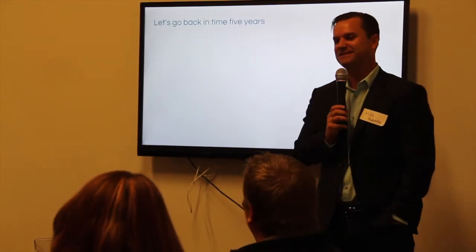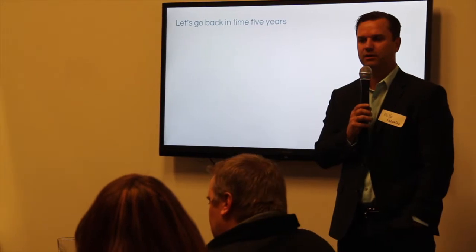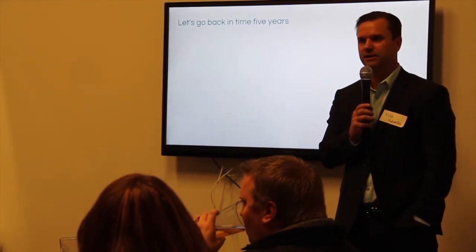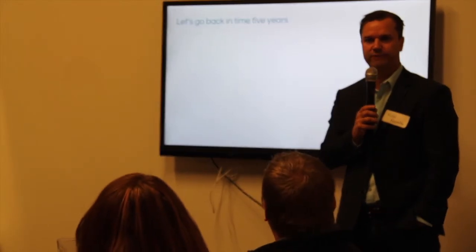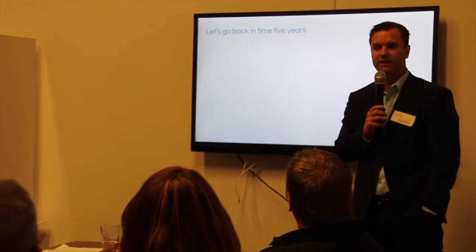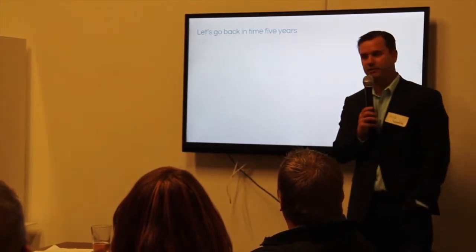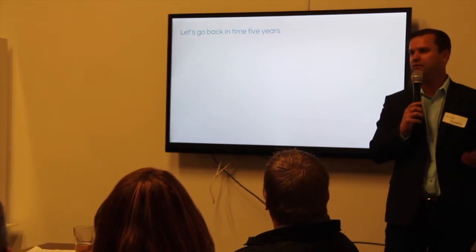I know. So, pre-5 years ago, right, there were a couple ways to access inventory on the internet. One was just to go directly to a publisher site, ESPN.com or whoever, and buy ads from them. Or the other was to go to an ad network. So, programmatic is really the evolution of the ad network.